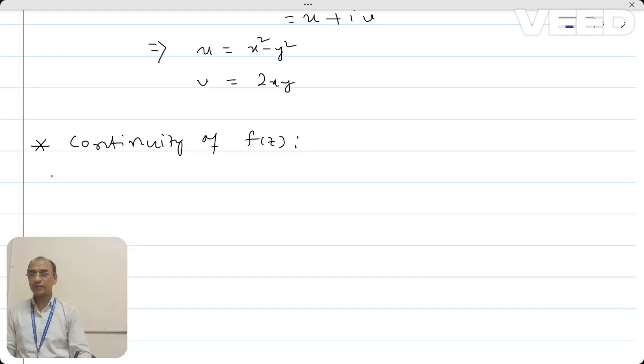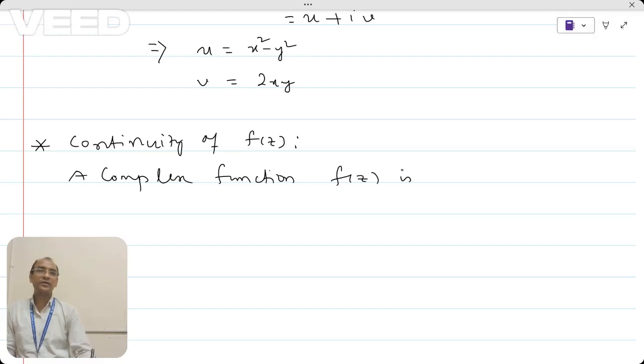So under which condition we will say f of z is continuous? A complex function f of z is said to be continuous